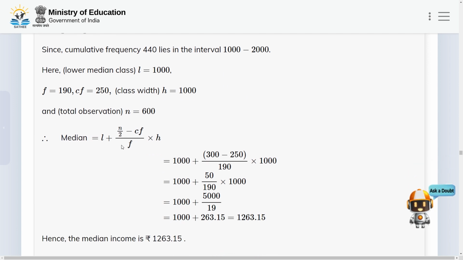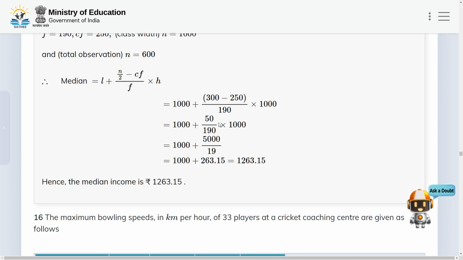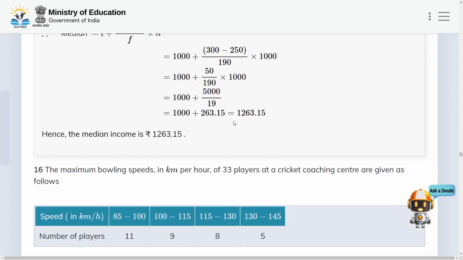So therefore we know the formula of median, that is median is equal to L plus (N by 2 minus CF) by F into H. Now if we substitute these values in this formula, then we get median is equal to 1000 plus (300 minus 250) by 190 into 1000, that is equal to 1000 plus 550 by 190 into 1000,